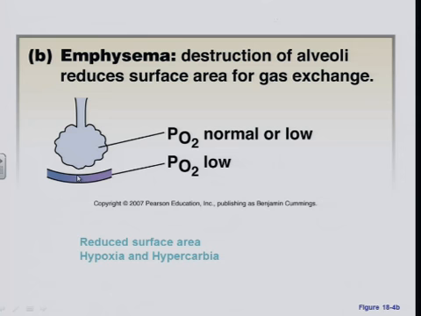Now, in this case, we might even be able to have a normal CO2 if the severity is not so bad, because remember, CO2 is more highly diffusible than oxygen. So in this case, oxygen is going to be low. CO2 could be increasing, but depending on how poorly the diffusion is, it may equilibrate. Make sure you understand all the concepts of oxygen and CO2, how the alveolar partial pressures of these are going to be affected, as well as the arterial partial pressures.